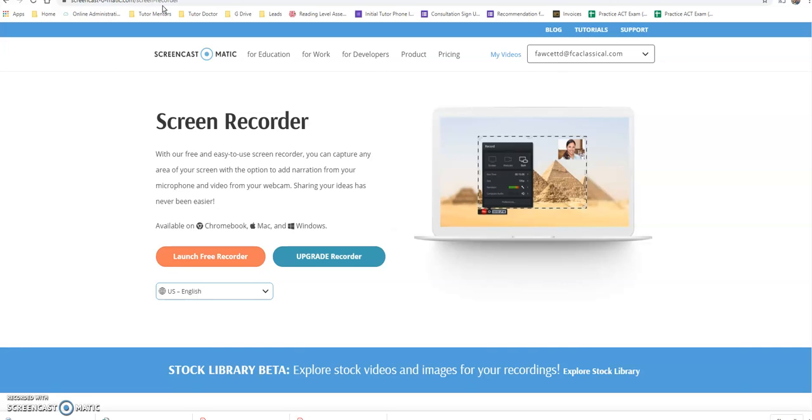And I'm going to show you why we want to do that, because if you try to upload directly to YouTube, sometimes it doesn't work for everyone, but save it to your desktop, and I can show you how you can get it to work every time. And it takes just as long to do this as it does to just upload it to YouTube right there through Screencast-O-Matic. So let's say you've saved it to your desktop, you know exactly where it is, and now what you're going to do,